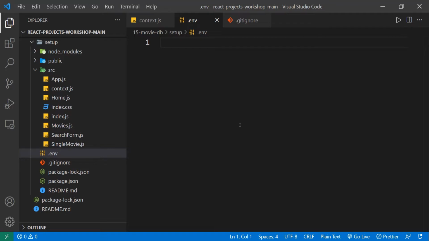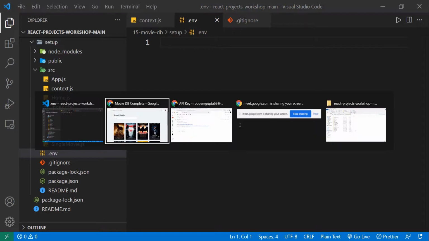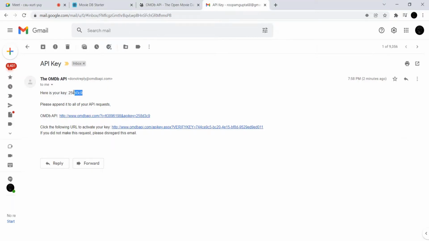And what is that I am going to write inside my .env? My passwords, my API keys, right? My private things that I don't want to show to anyone else, but I want to use them inside my project or my app. So here in my .env, I am making this .env so that I can use my